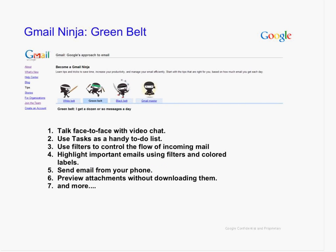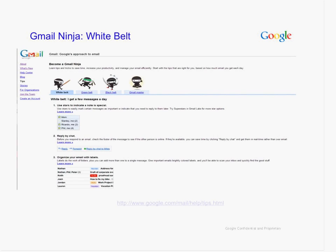So on the white belt page here are some of those other basics, and it also shows you how to just search your Gmail instead of sorting. This is one of the, we think, very obvious things about getting the most out of Gmail, the search to find our mail, but surprisingly not everybody knows about it. So it's really important that people understand some of these more basic facets so that they can use Gmail up